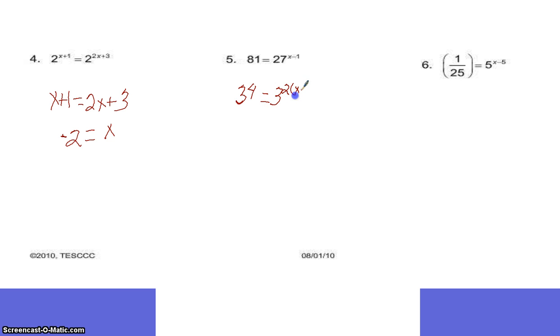But I can't forget about my x minus 1. So what this really says is 4 equals, when I distribute my 2, I'm going to get 2x minus 2. So I bring my x over to the other side, and I'm going to get 6. 2x equals 6. And when I solve this,